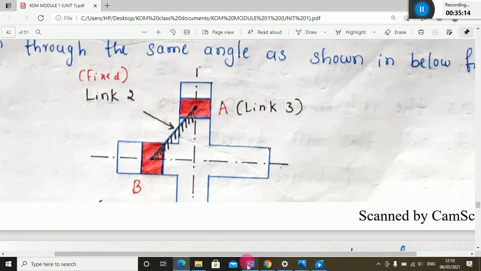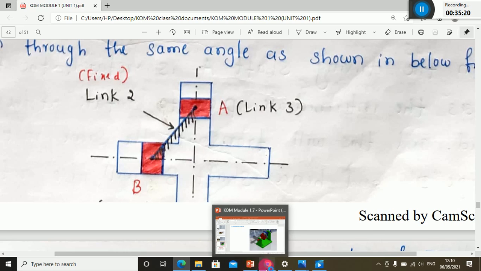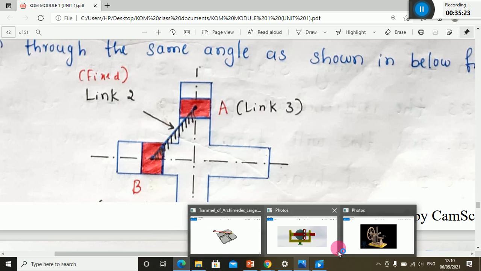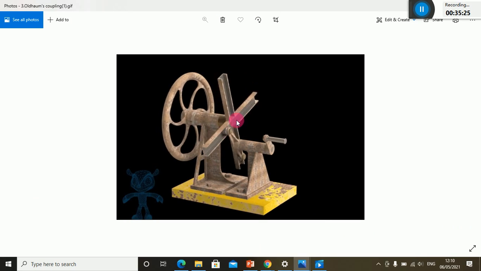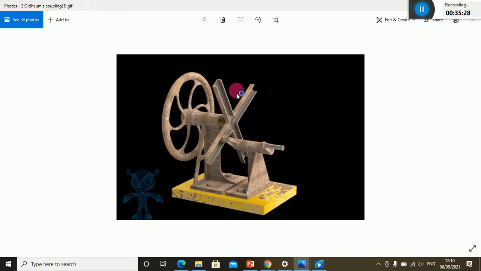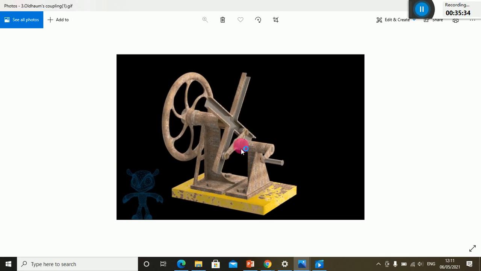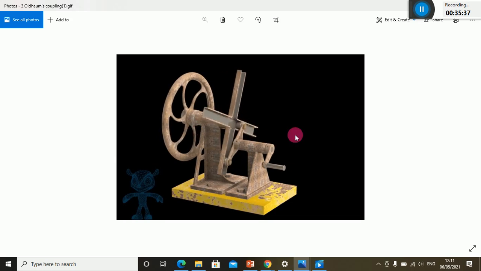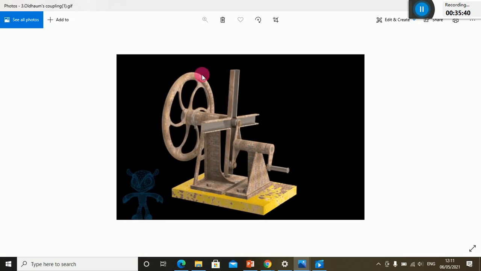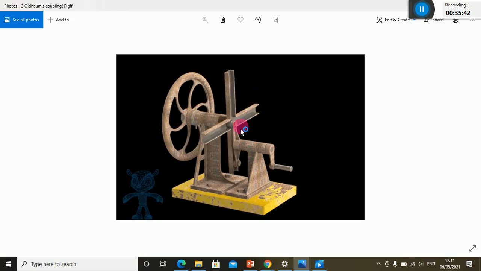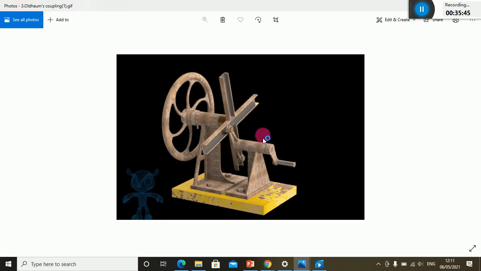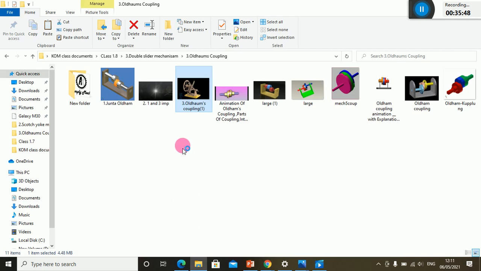Okay, and you can see this connecting link is rotating. And one more thing, you can see this plus-colored slotted frame is also rotating. This is the driving shaft and this is the driven shaft. Hence I can say that this is the modification of a double slider crank mechanism in such a way that the link that connects both the sliders is fixed, so you get this kind of mechanism. The last video I can show is to clarify the Oldham's coupling.